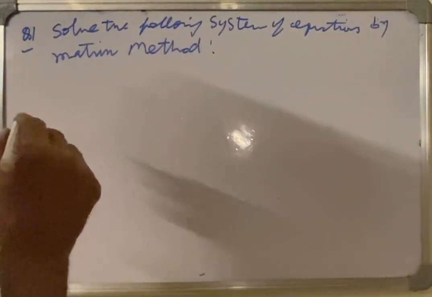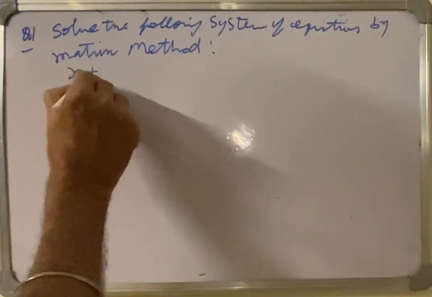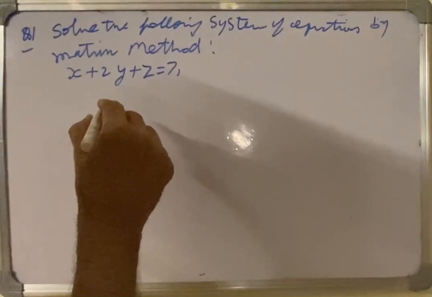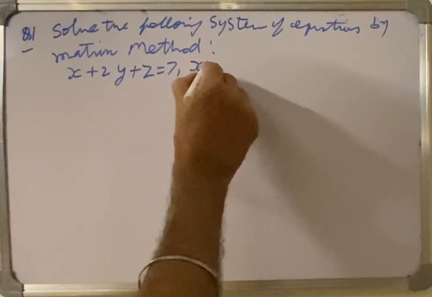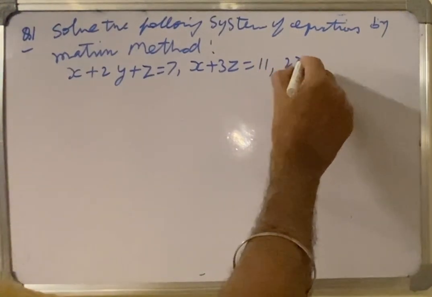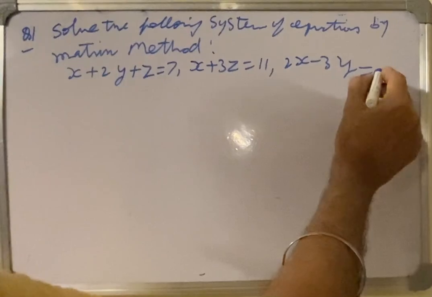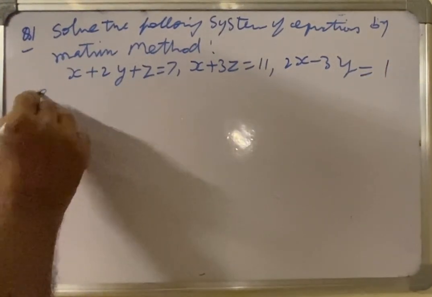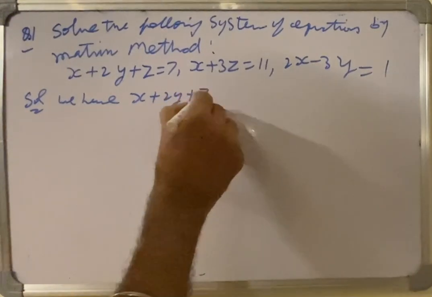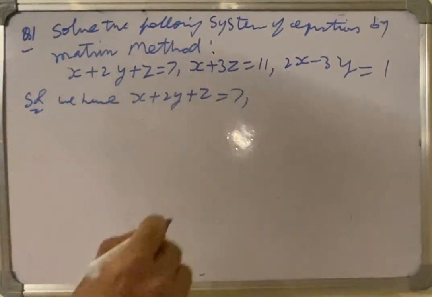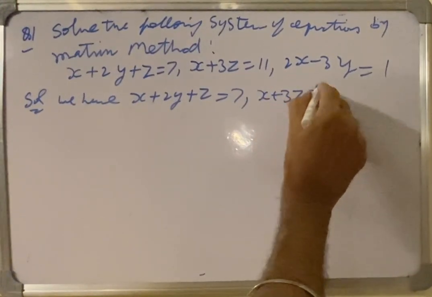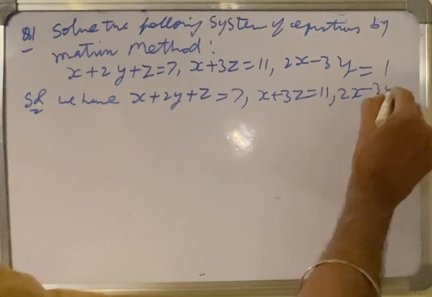The equations are x plus 2y plus z is equal to 7, x plus 3z is equal to 11, then 2x minus 3y is equal to 1. Solution: we have given equations x plus 2y plus z is equal to 7, x plus 3z is equal to 11, 2x minus 3y is equal to 1,